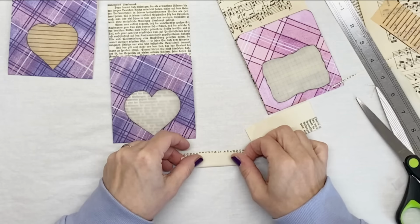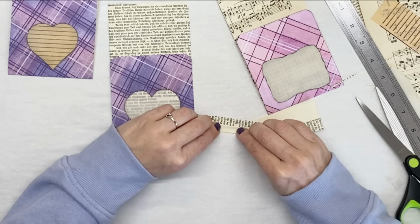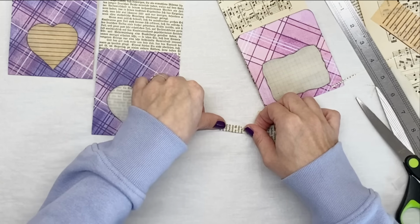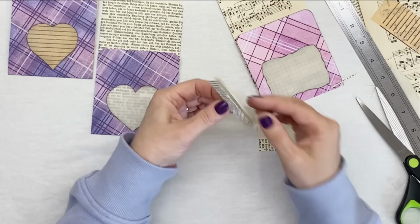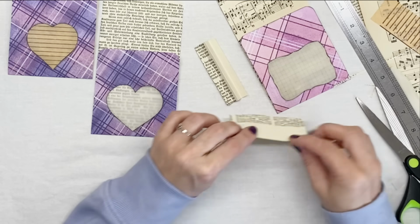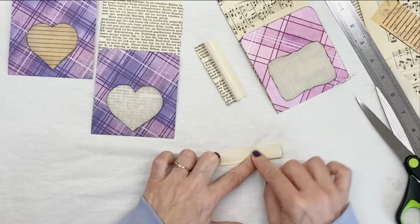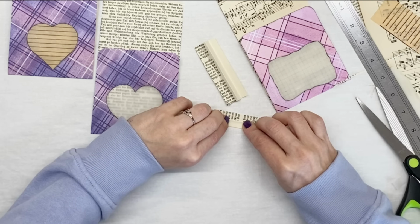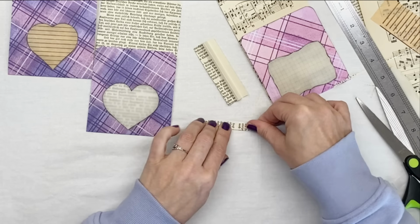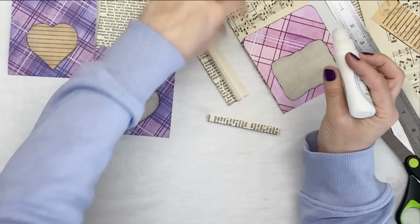Okay, so what I do, I just fold it in half once, and then I fold it again on both sides. I end up with this. Okay. So once, and then on both sides once more. That's it. And then you take the glue